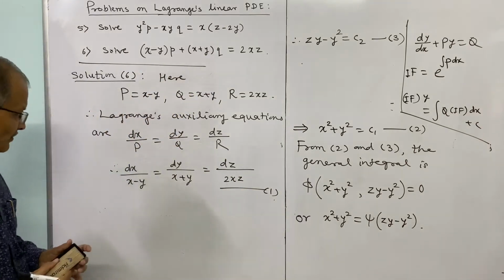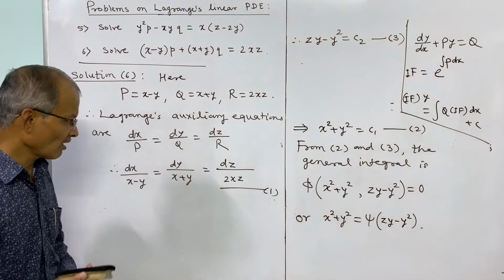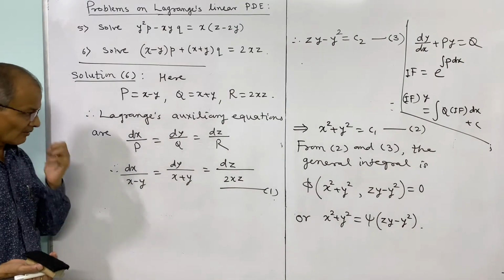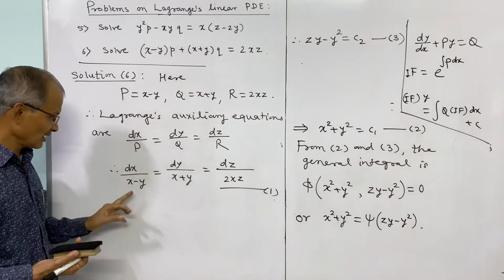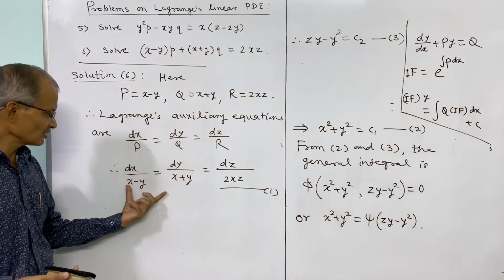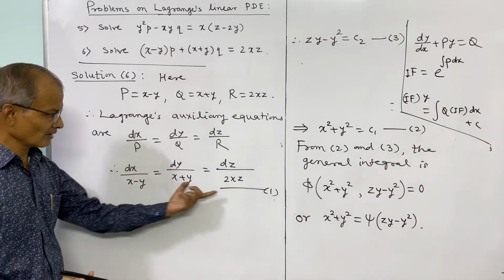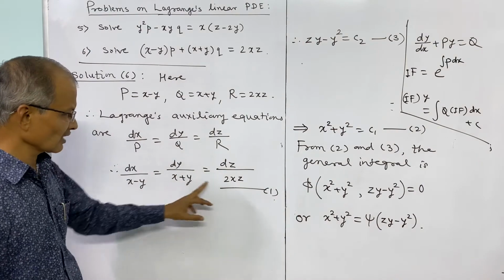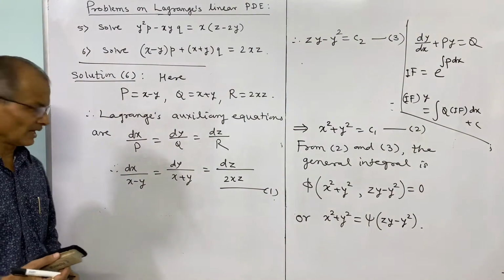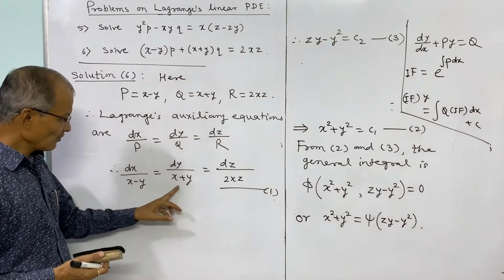Now think about grouping, which will be useful, or think about the multipliers. Grouping here will not help because there is subtraction and addition, and equating these two will not cancel any variable, or equating these two first or second also will not help. So first we shall think about the multipliers, and while taking the multiplier, you see here if you add it,